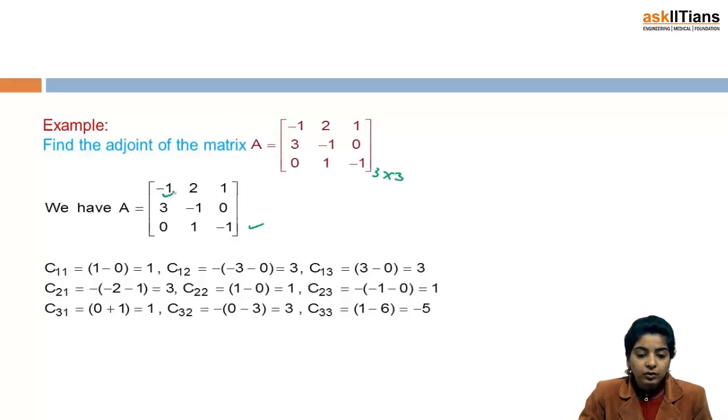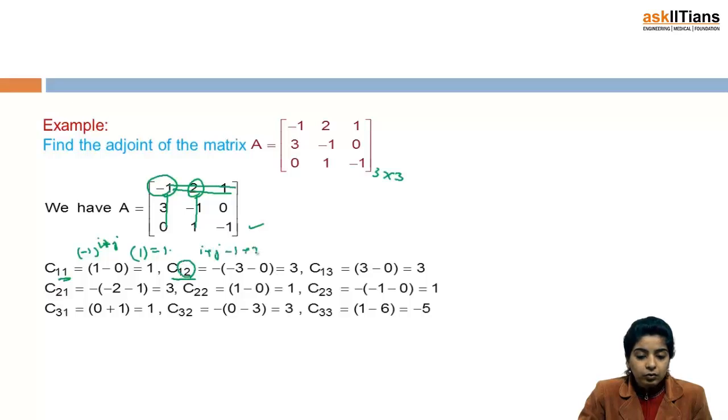First of all, C11, the cofactor of this would be minus 1 raised to i plus j, if you remember, into, you'll leave this particular column and this particular row, and minus 1 into minus 1 is 1, 1 minus 0, that is 1, and into 1. So this is i plus j, here it will be 2, that is positive. So here you will get it as 1. Similarly, we'll find out C12. C12 would be, you will omit this particular column and this particular row, and we are left with minus 3. But here i plus j is negative.